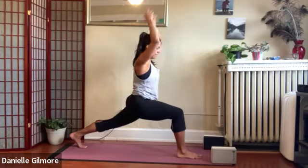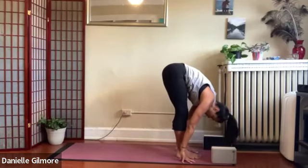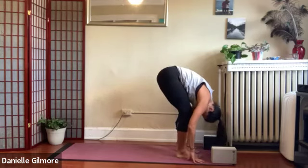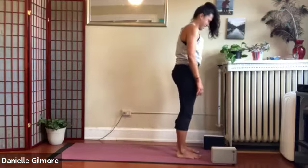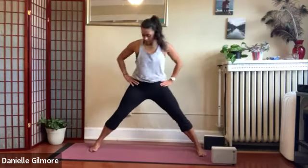Inhale in. Exhale, hands release, stepping forward again. Forward fold. Woo! Yes. Bend the knees, slowly roll up to come all the way up to standing. Oh, yeah. Okay, and then we're going to step out nice and wide, coming into a wide leg forward fold